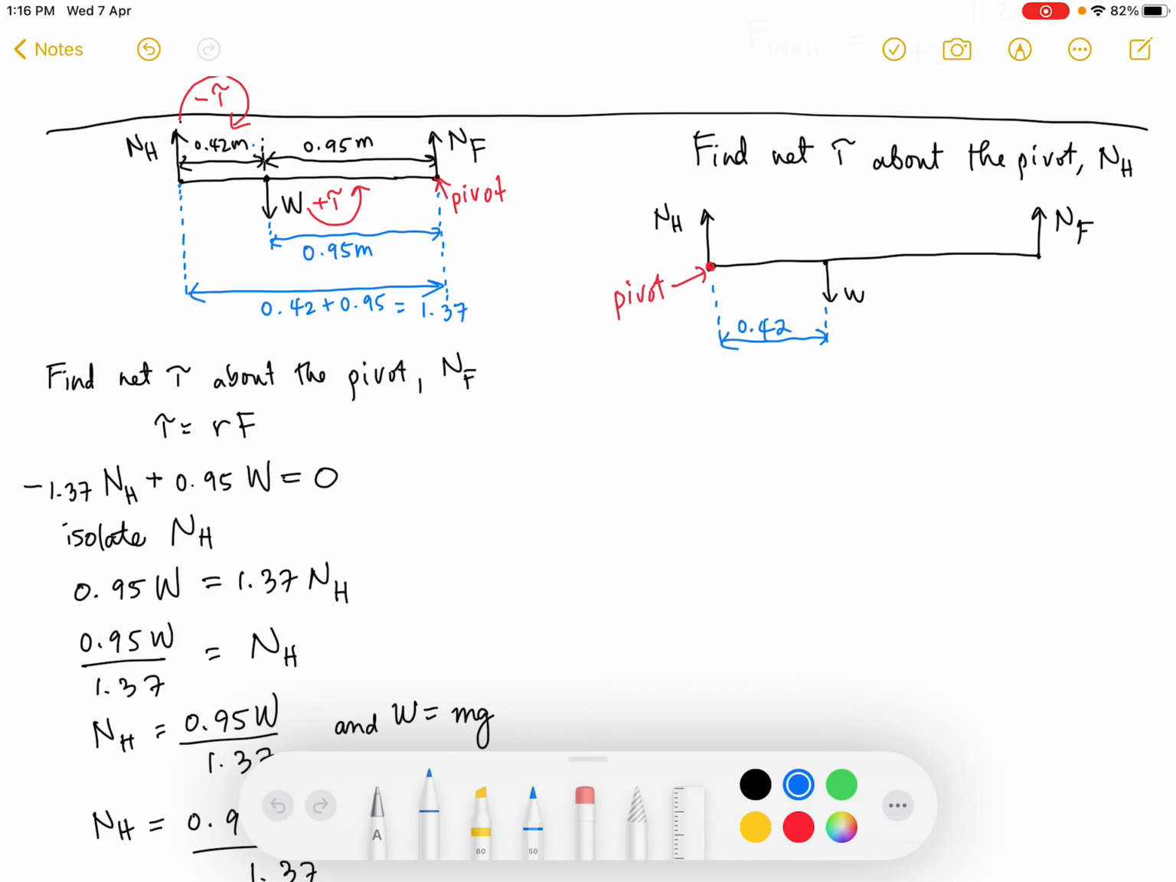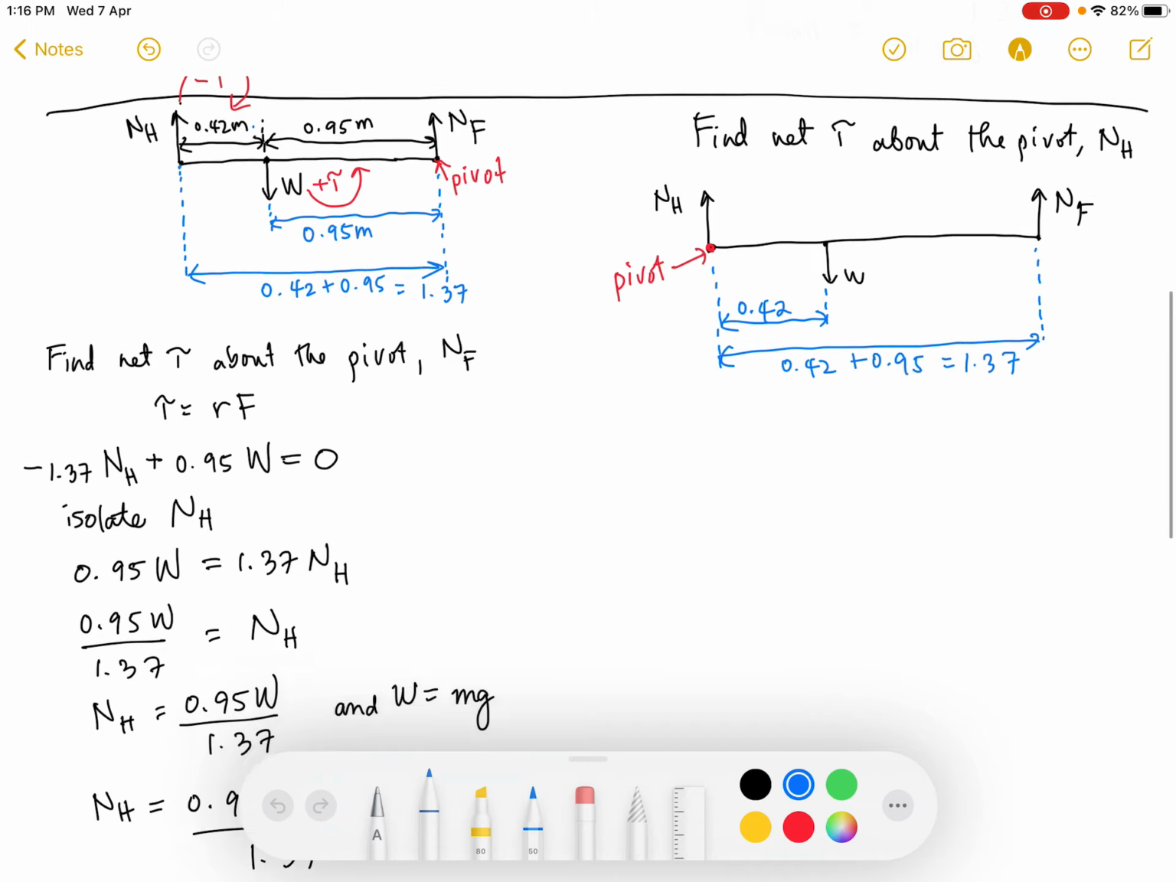And the lever arm between NF and our pivot point NH will still be 0.42 plus 0.95, which is 1.37. Okay, so when we find the net torque about NH, let's do the torque due to the